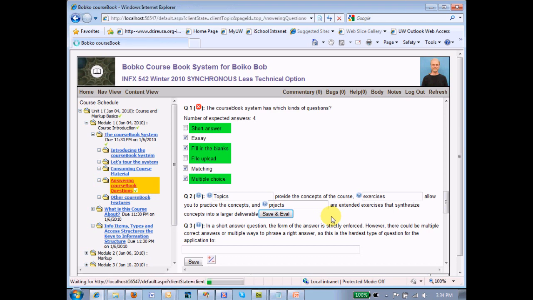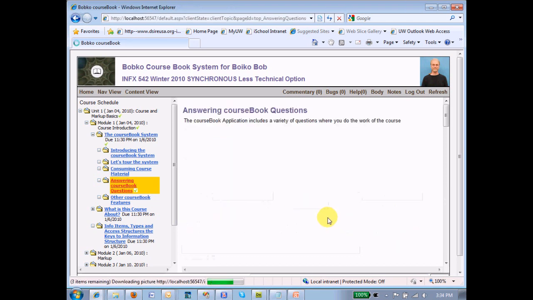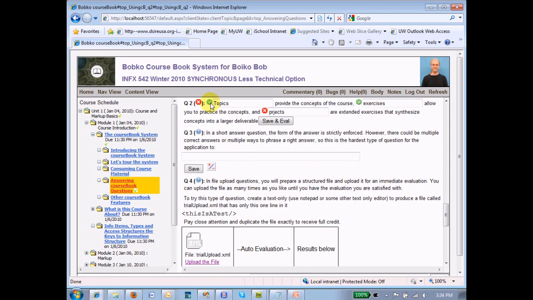And I got this one right. Notice the little check mark there. I got this one right. Notice the little check mark there. And I got this one incorrect because I spelled it wrong, which means that I get 0 points for this. But in the case of a fill-in question, all I have to do is correct my mistake, save it again, and now I got that right. 2 points out of 2. By the way, I can scroll to the bottom and see